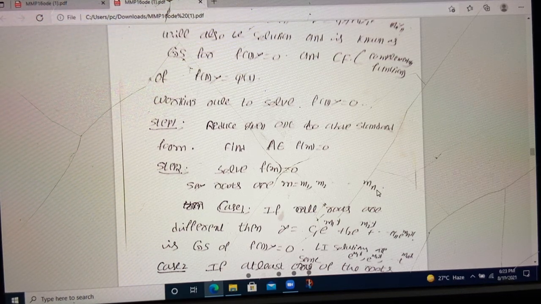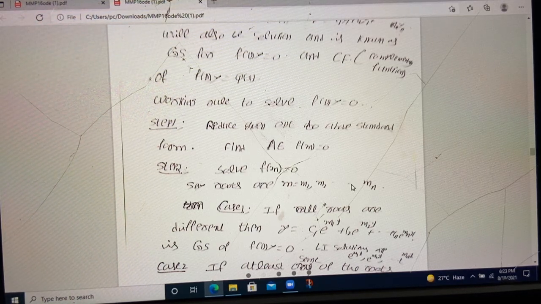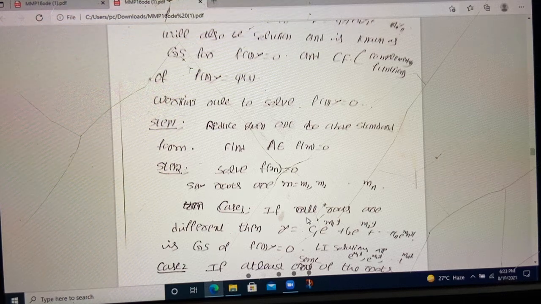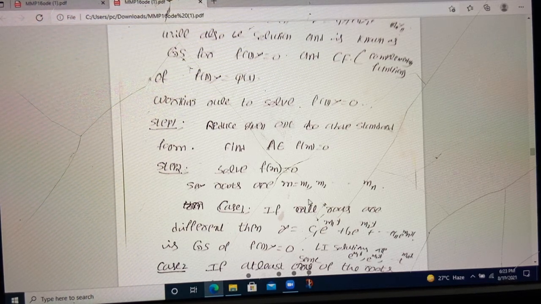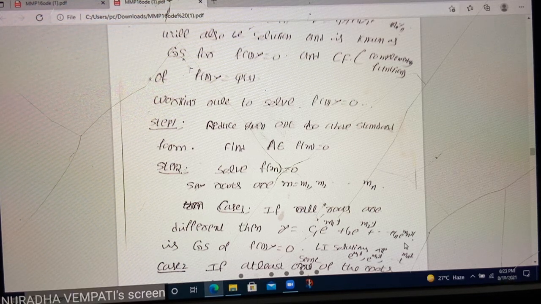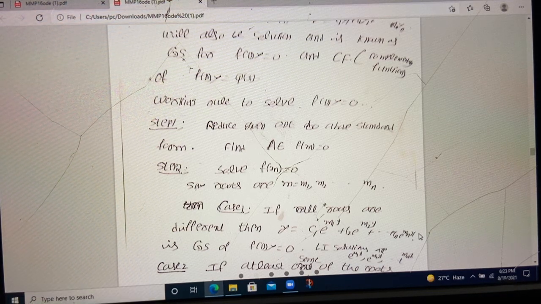Cases arise. Are all of them unequal, or are some of them equal, or are some of them complex quantities? Three cases arise. Case 1: if all roots are different, that is m1 not equal to m2 not equal to mn, then y equals c1 e power m1x plus c2 e power m2x plus ... cn e power mnx. These are the solutions. You know that whenever a is not equal to b, e power ax and e power bx are